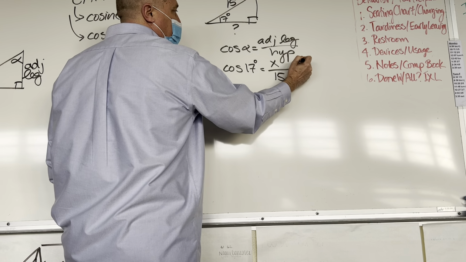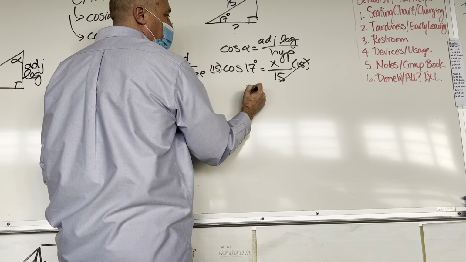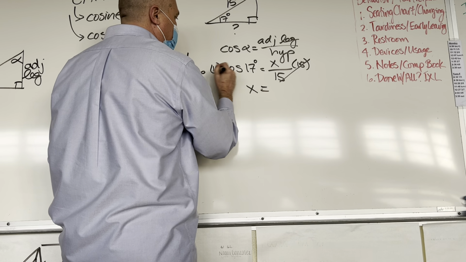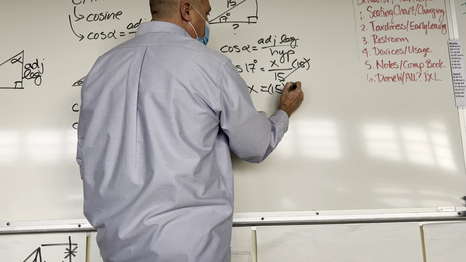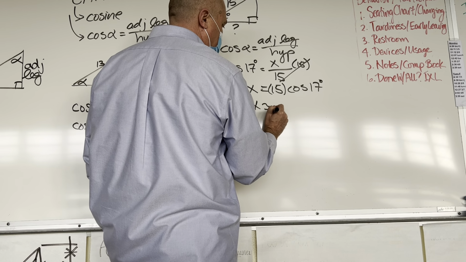We're going to do a little bit of algebra, multiply both sides by 15. That'll cross it out here, and we're going to flip sides. X is going to be equal to 15 times cosine of 17 degrees. X is approximately equal to